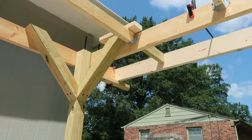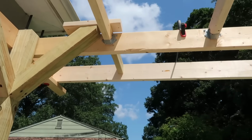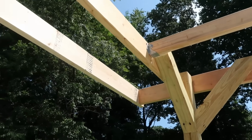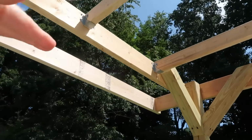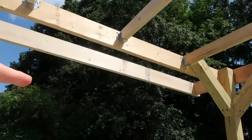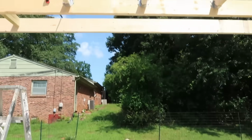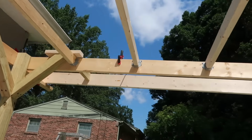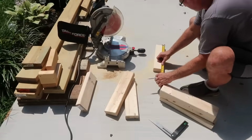Alright, it's been like a week since Marion's been able to get out here and work on this because of life, weather, life, all the things. So he put this extra piece right here so that when the roof hangs further over the side, the rain will drip further away from the patio, because everything is angled down this way. So he's had to make several more trips to Home Depot this morning. Just lots of cutting and measuring,